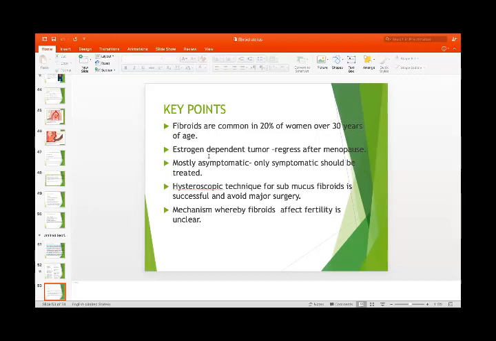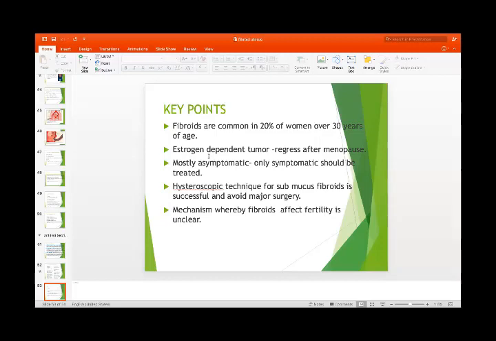Hysterectomy is done in those women who are more than 40 years, have severe symptoms, have completed their family, and have multiple fibroids. So hysterectomy is the definitive treatment. The advantage is that the patient will not have recurrence, while after myomectomy, she may have recurrence of the